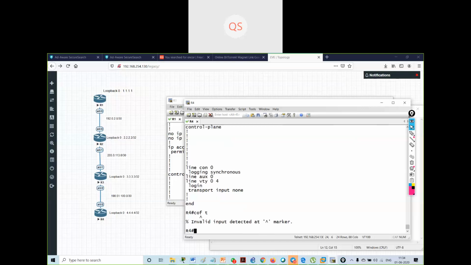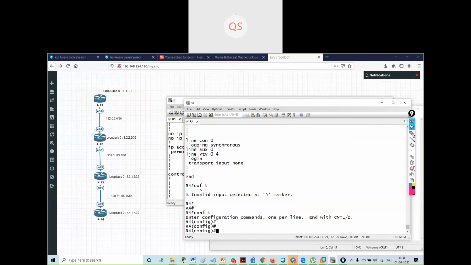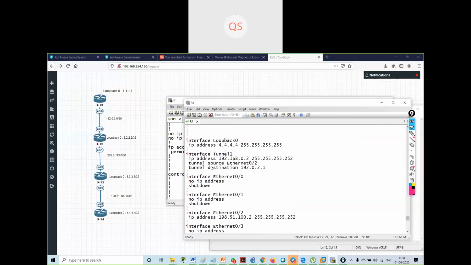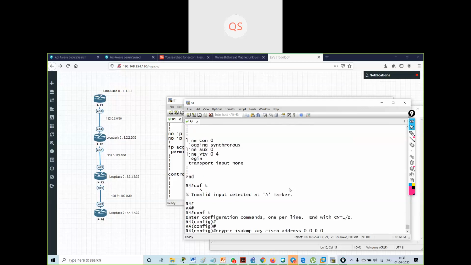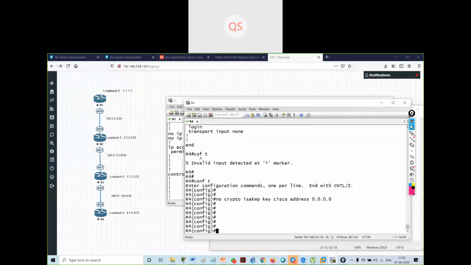I'll say config terminal. The policy is correct, right? So I will just remove this thing.